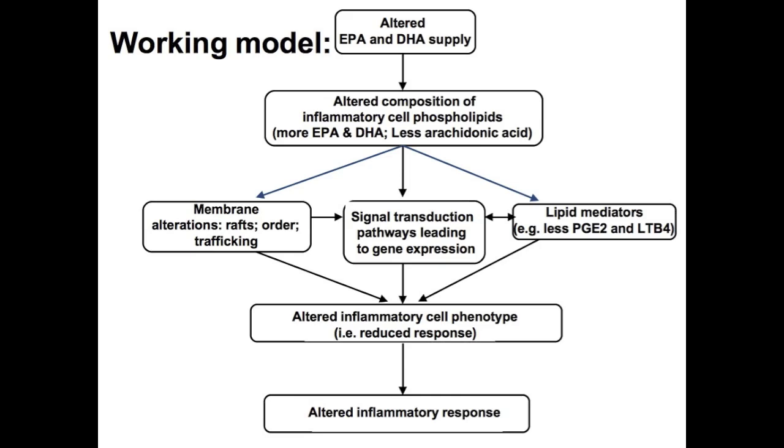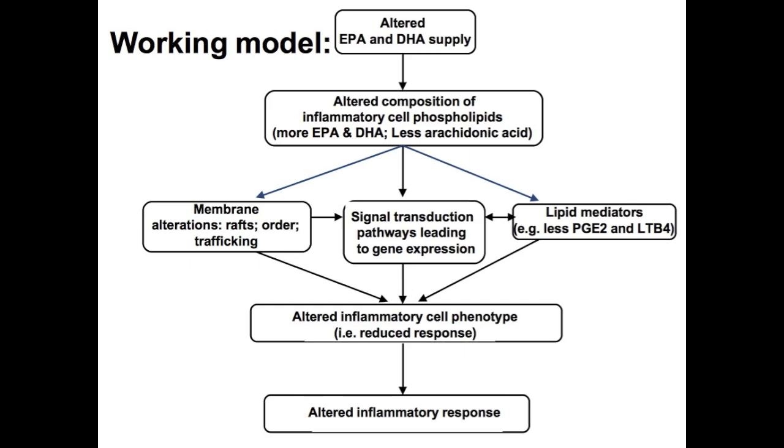So the working model that we have in my lab is that if we increase what I've called the supply, in other words, give people more of these things, or indeed give them less, but change the amount that they are administered, we can do something about the structure of the cells that are involved in inflammation, and I'll tell you something about that shortly. We've been studying that a lot over the years, trying to find out about the features of the time course and the dose responsiveness of incorporation into inflammatory cell membranes, and the functional effect of that.